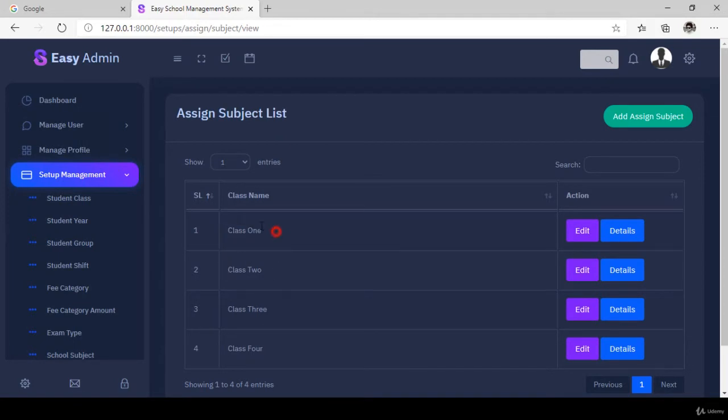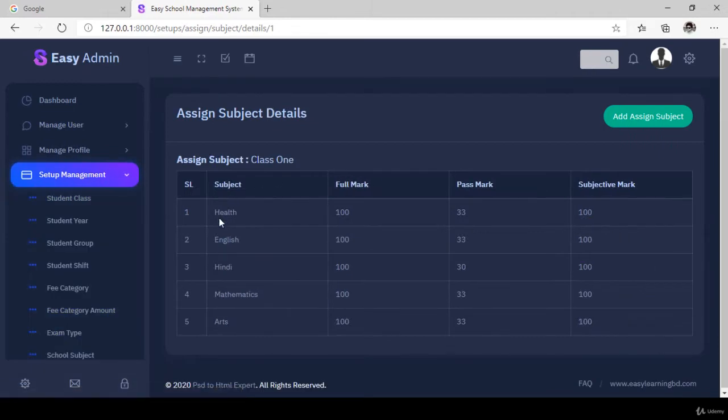That means class 1 all the data. If you click on details, now you can see there is all of our class 1 subject-wise data. There is a subject, and there is a full mark, the pass mark, and then a subjective mark. Okay, if you click on add,